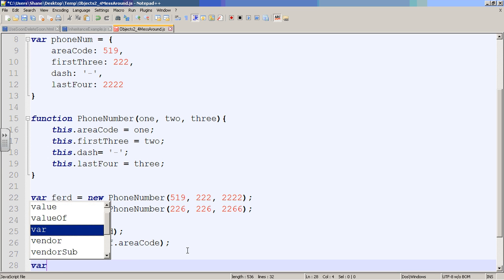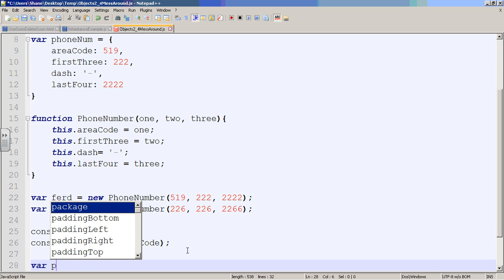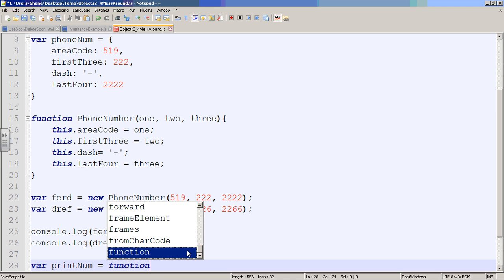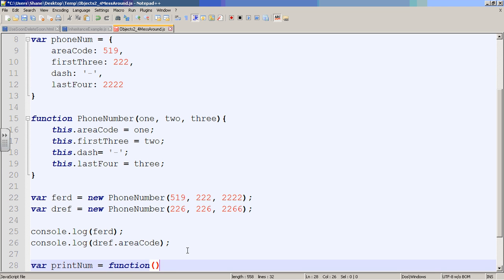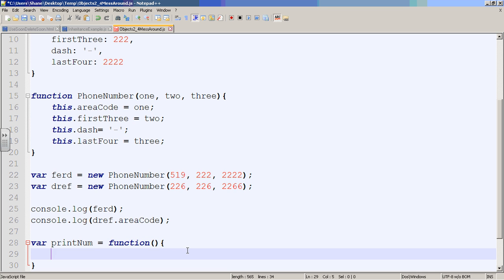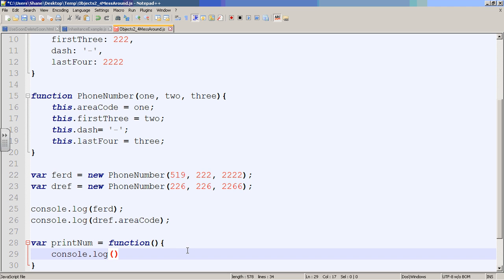Let's have a function, var print num, and here are the parameters. No parameters. All we're going to do is console log this dot area code